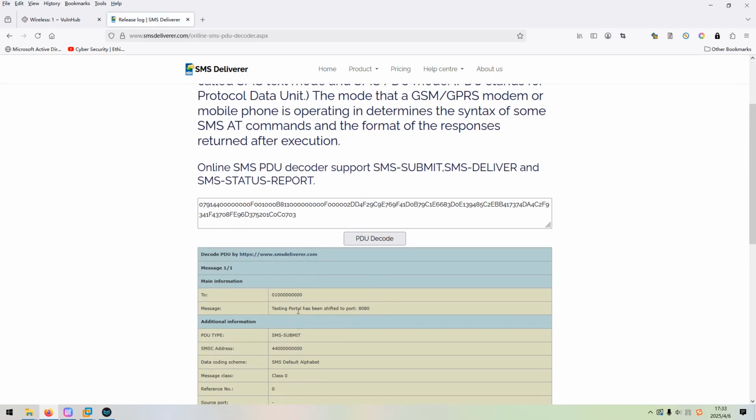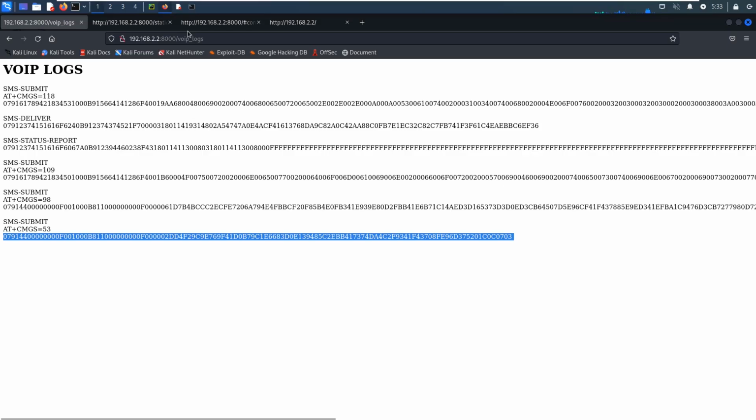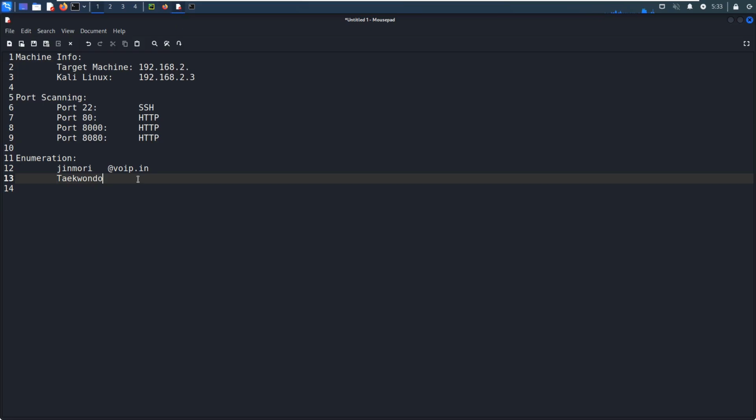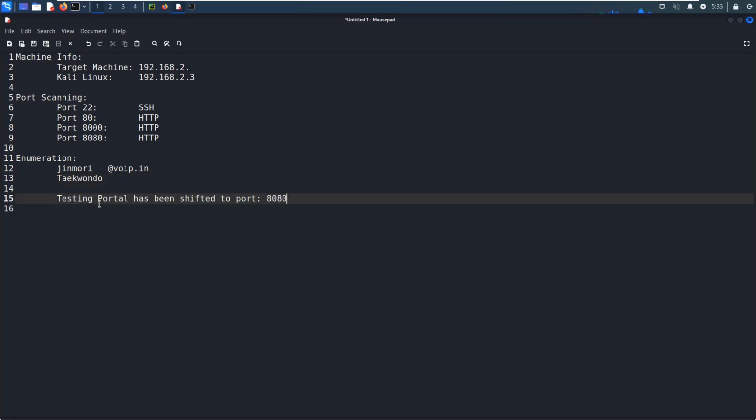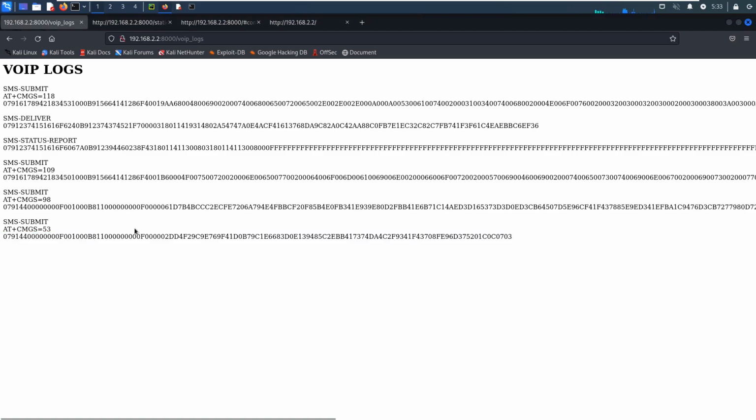And here, the testing portal has been shifted to the port. Maybe we can copy. I think this message is telling us the testing portal has been shifted to port number 880. Just now, we didn't find anything from this port number, right? So also we can try to,